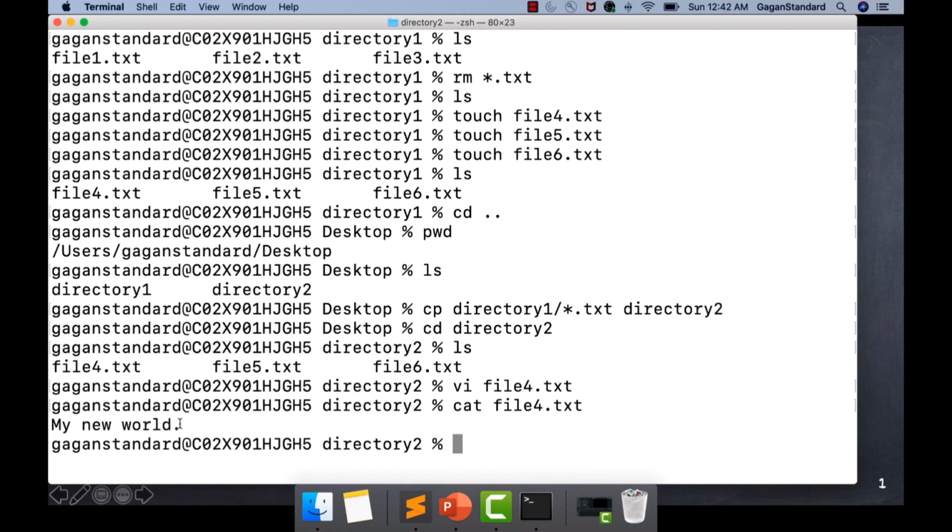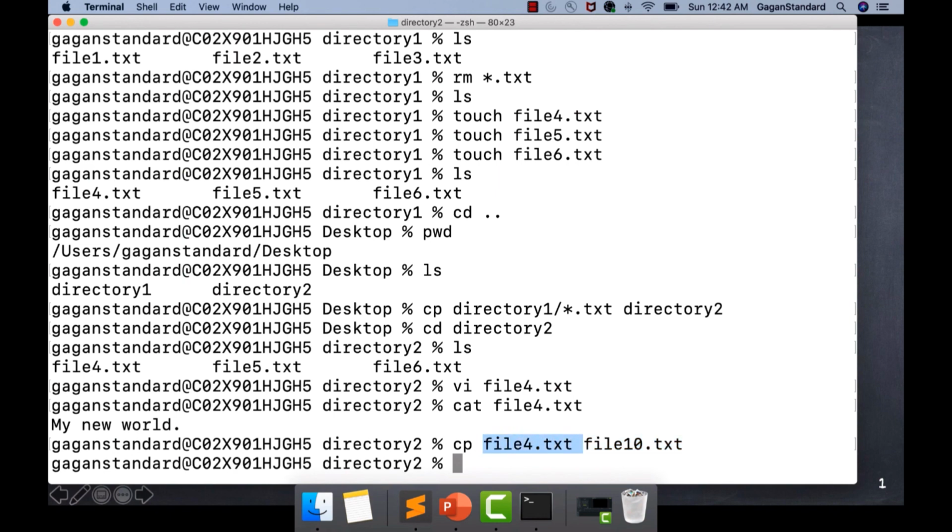Now let's copy and create one more file with the same content. So I will say copy, then space, I will give the file name file4.txt, and I want to create one more file with the same content. So I'll just type the name as, let's say, file10.txt, and hit enter. So you can see I'm able to copy the content of one file into another and create that file. So in this step we have created one more file.